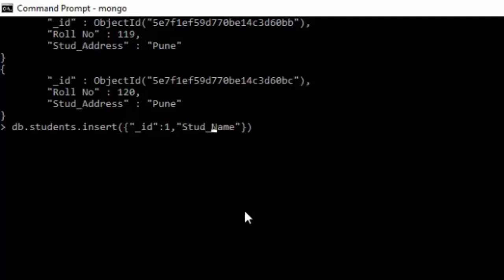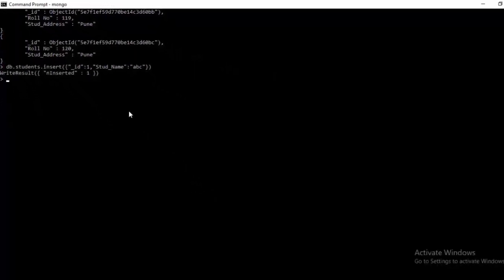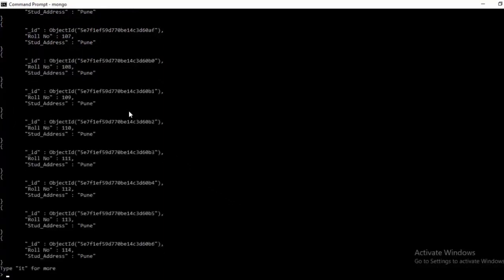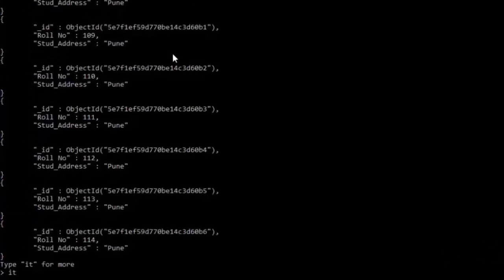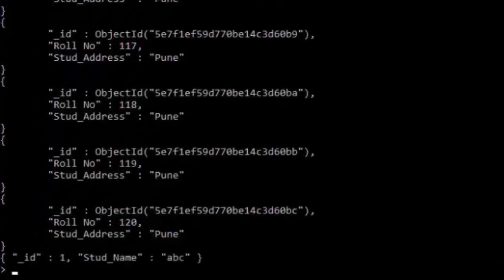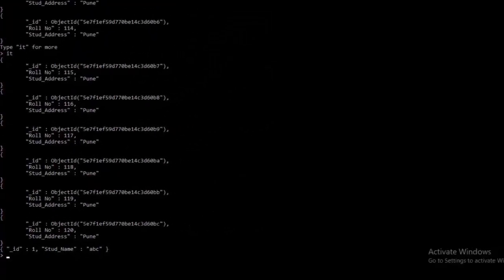I'll also specify the rest of the fields in this document and hit enter. This is going to insert the document along with underscore ID as 1. Let's check whether the underscore ID has been explicitly assigned or not. Okay, as you can see here, the last document has been inserted with underscore ID value as 1.